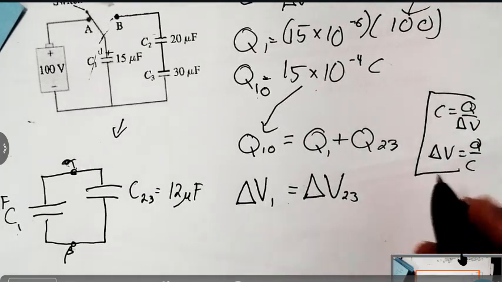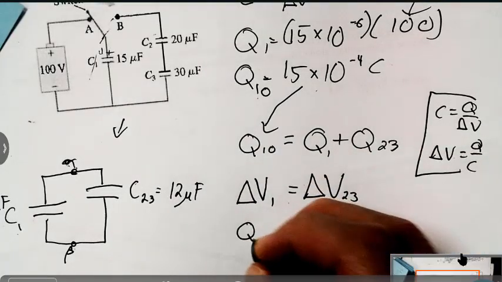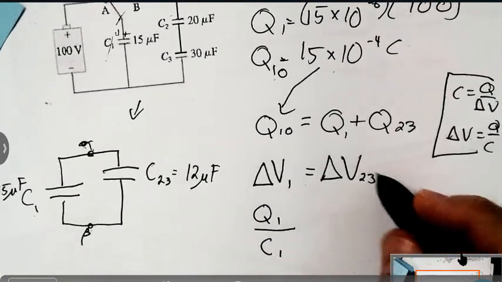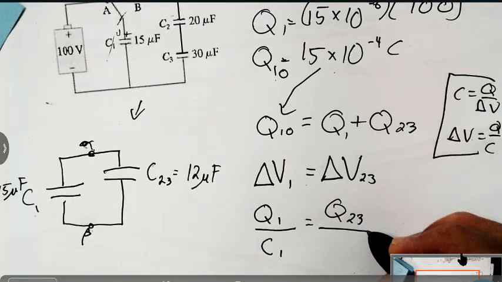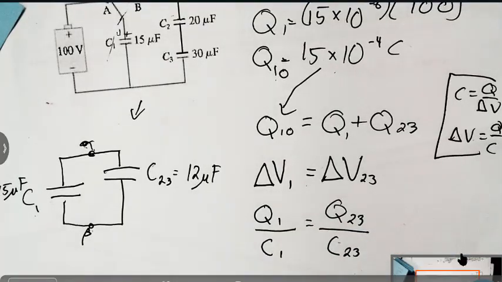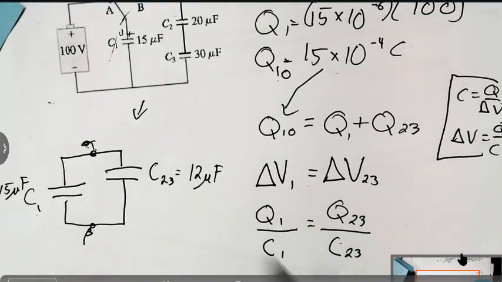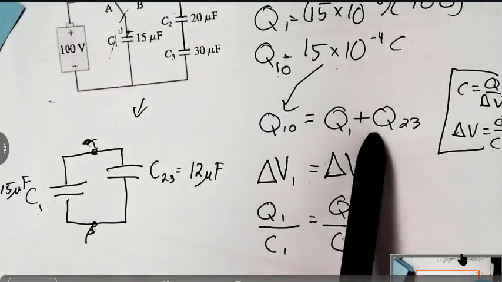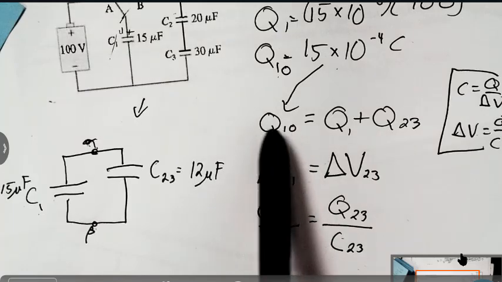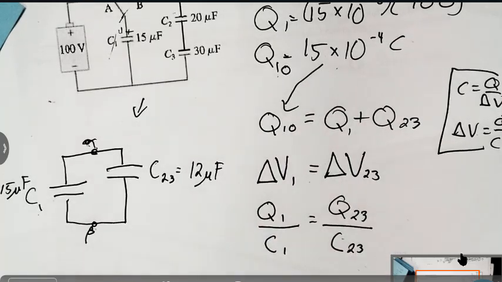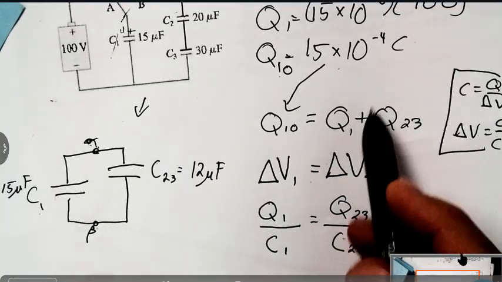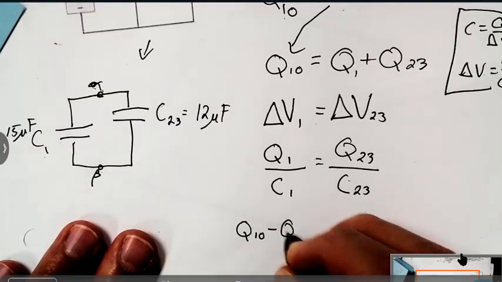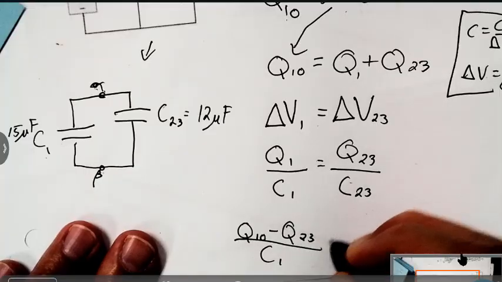And let's throw that in here. So delta V1 is the new Q1 over C1. And delta V23 is Q23 over C23. We know what C23 is, 12 microfarads. We know what C1 is, 15. These are two unknowns, but I had this other equation where I know that Q1 is equal to Q1 naught, this 15 times 10 to the minus 4th, minus Q23. So I'm going to take this equation and plug this in. So instead of Q1, I'm going to write Q1 naught minus Q23, over C1,